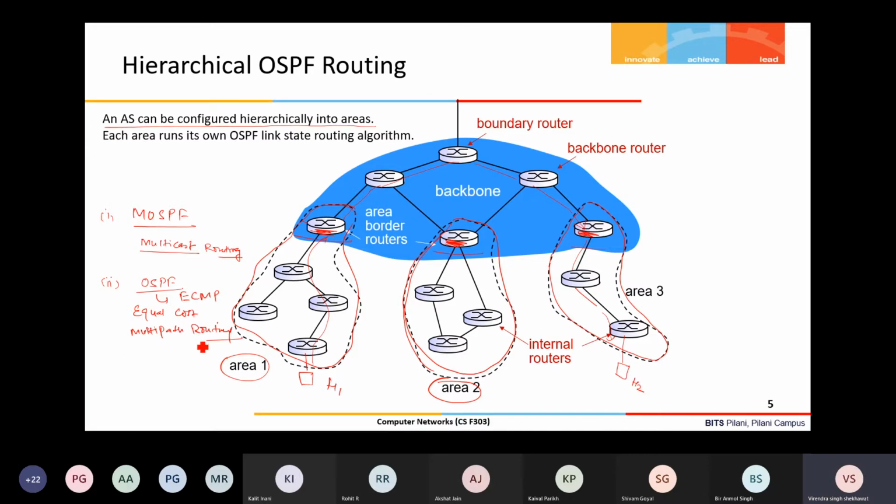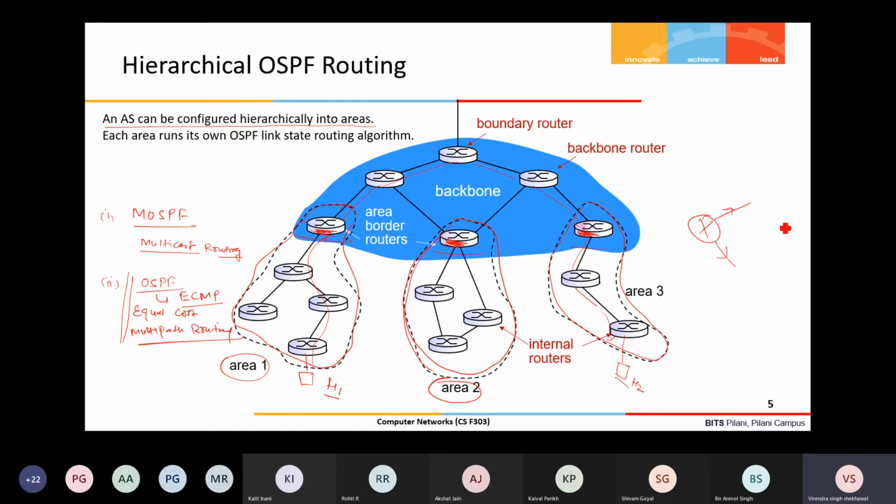Basically, least cost routing is used; suppose between H1 and H2 there is one path that is the least cost, right? There may be multiple paths having the same cost. Let's say two paths are there. Then this extension, OSPF ECMP, provides a provision to distribute the traffic over both the paths.